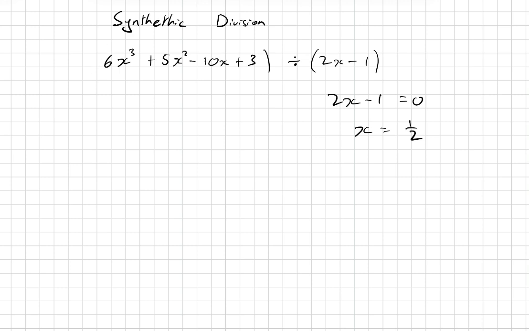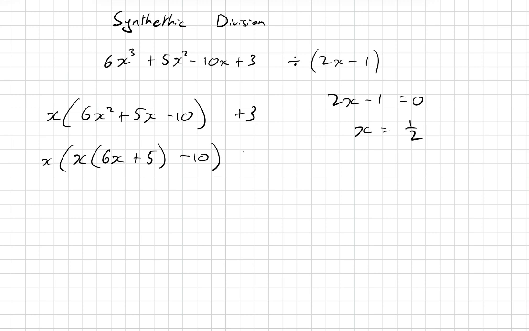If I take this polynomial, I'm going to firstly factorize out an x from all of these three. These three have a common factor of x. So if I factorize out an x, I get 6x squared plus 5x minus 10. And then I have the plus 3 sitting at the end. Now I'm going to repeat that. I'm going to factorize out an x of these two. So x is my original x. Now I'm going to factorize out this x. So I'll get 6x plus 5, and that minus 10 is still sitting there, and that plus 3 is still